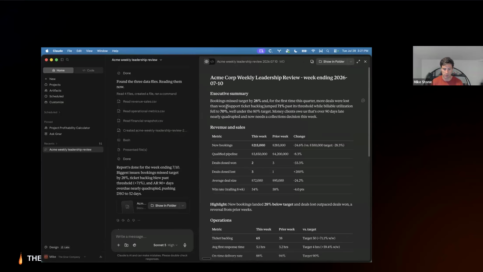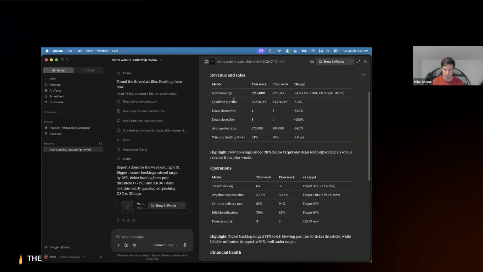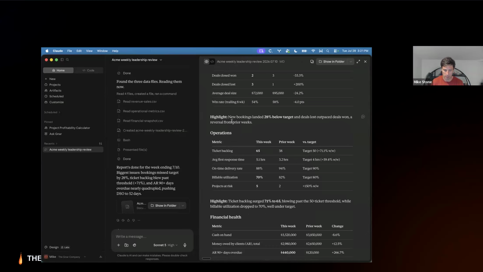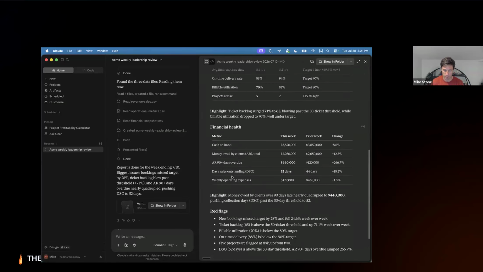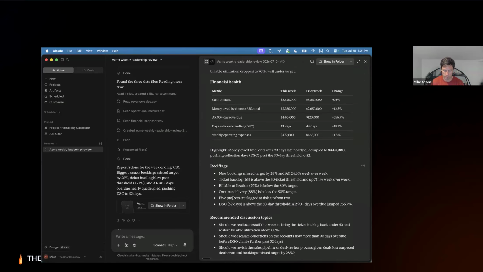So we have the same sections with the executive summary, the revenue and sales, our highlights, operations, financial health, red flags, and recommended discussion topics. That's all because that is how our skill file broke out the steps and what we defined as the output that we wanted to see there.